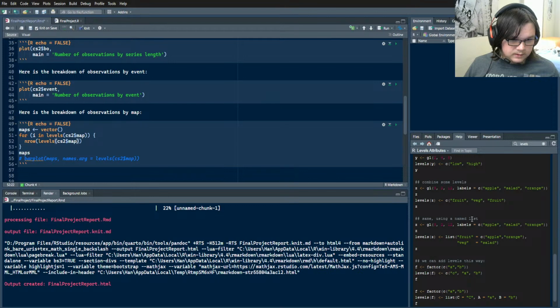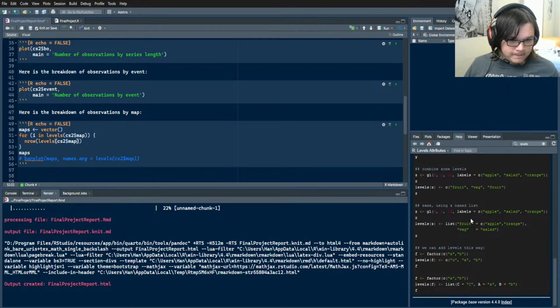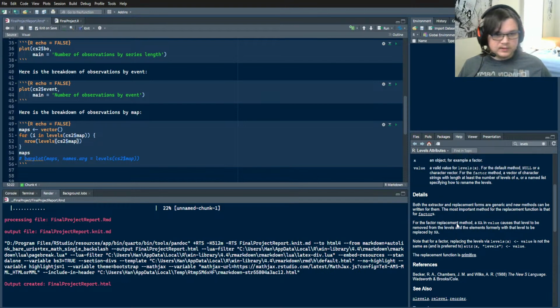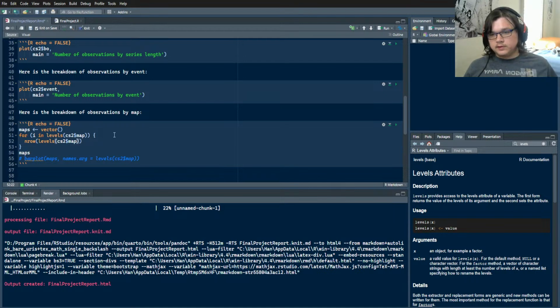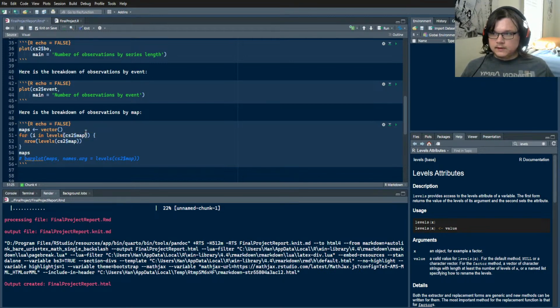Group list, okay. Yeah, it's not what I'm looking for either. Okay, so then levels is also not the function I'm looking for. Basically, I want to find the subset of, basically how many. I want to make a vector that says how many of each thing, basically. So for each level, we want to say